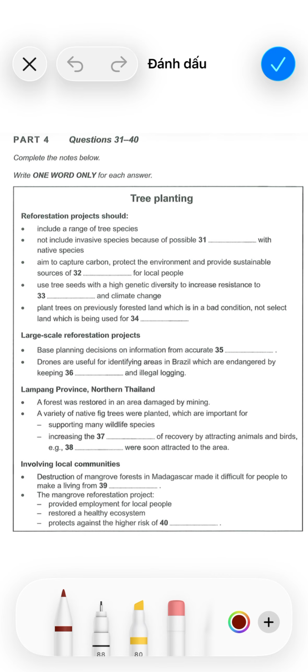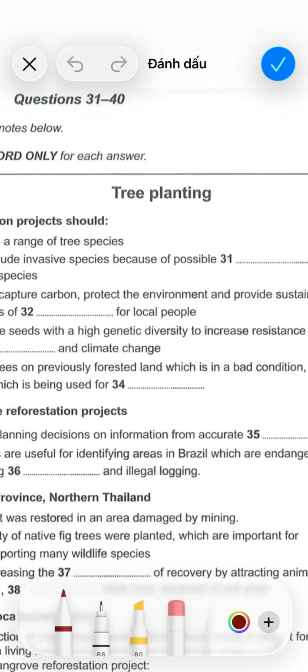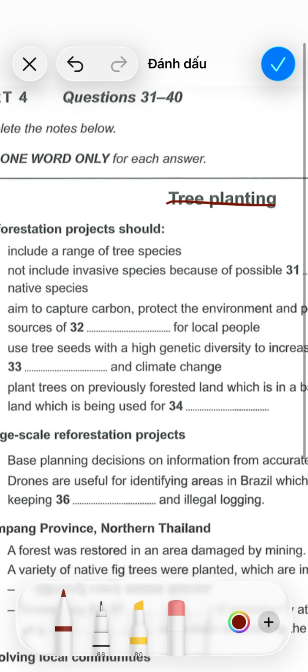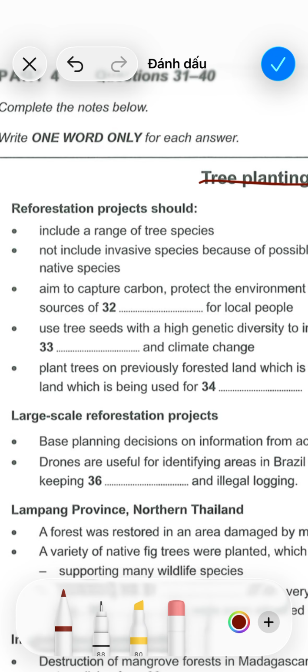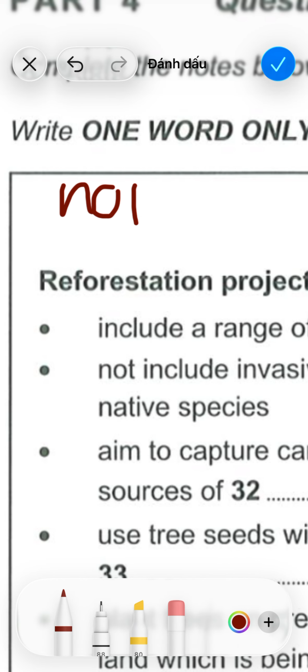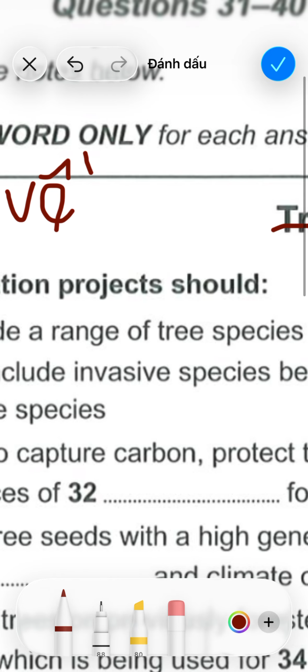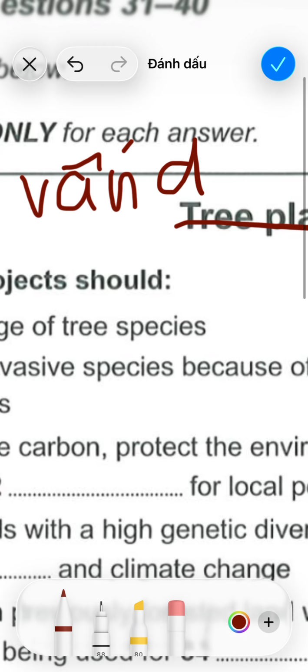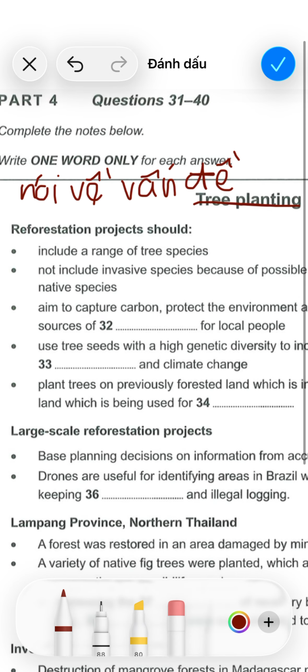Tree planting now dominates political and popular agendas and is often presented as an easy answer to the climate crisis, as well as a way for business corporations to offset their carbon emissions. But unfortunately, tree planting isn't as straightforward as some people think. When the wrong trees are planted in the wrong place, it can do considerably more damage than good, failing to help either people or the environment.